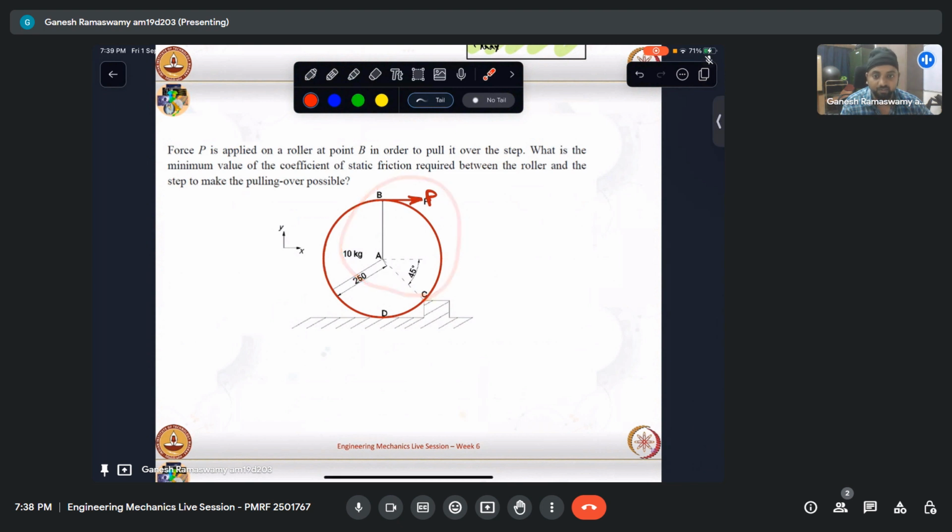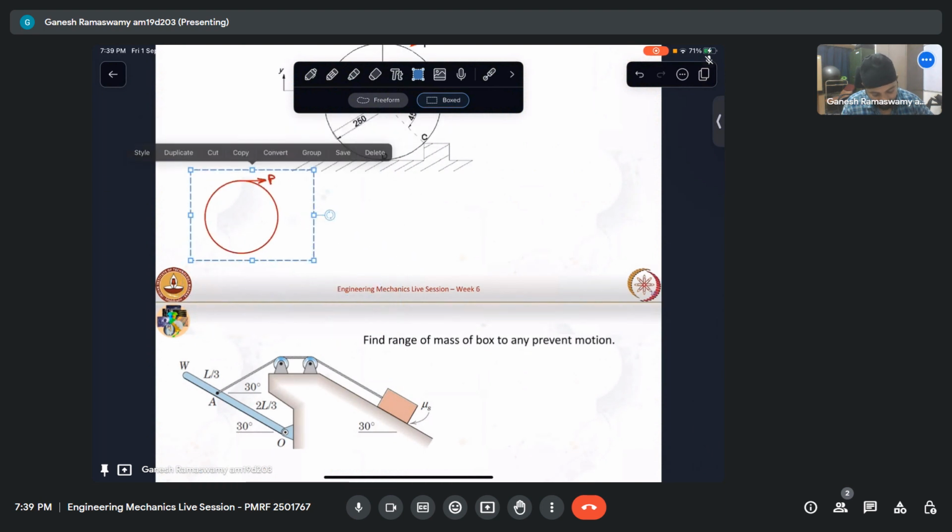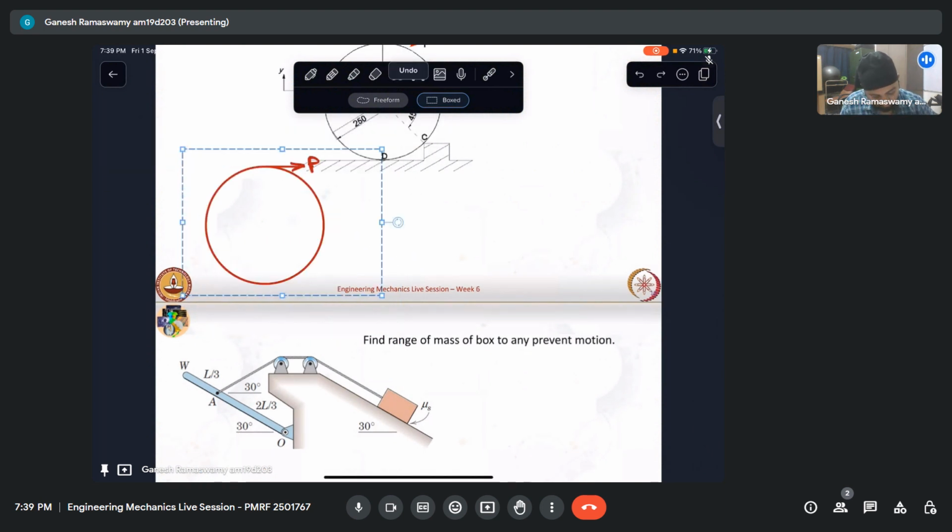What is the minimum value of this coefficient of static friction required between the roller and the step to make this pulling over possible? So what will happen when we pull over this? Essentially, it will lose contact at this point. So that is the entire essence of this question. So let us see what that is. Now when this happens, let me take it with the step. So I have the step here